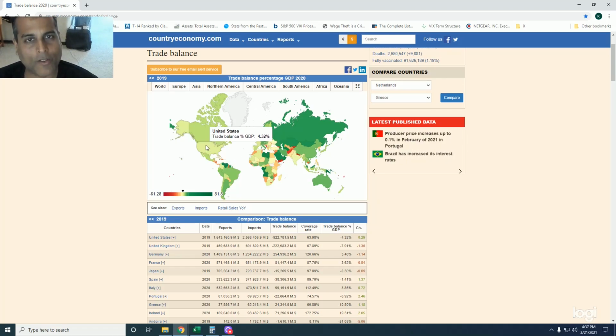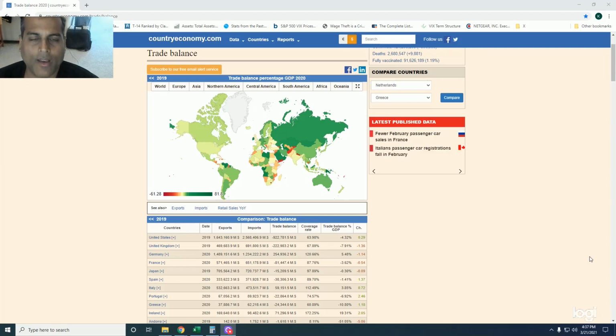It will never fix those problems until it addresses the education and public health issues that I mentioned earlier. Coincidentally, the United States is also a trade deficit country with minus 4.3% of GDP as its trade balance. So there you have it. The two countries were about equal in prosperity as recently as 1993. China has zoomed ahead completely.